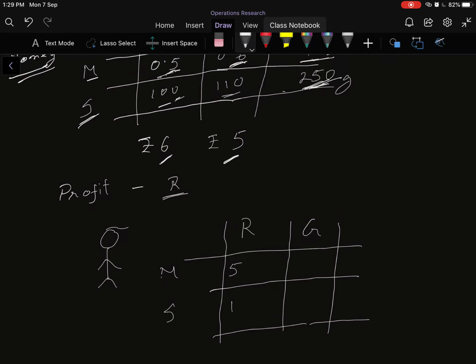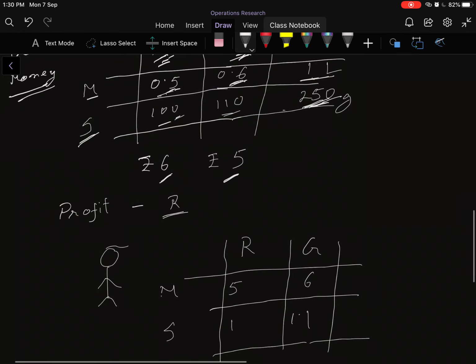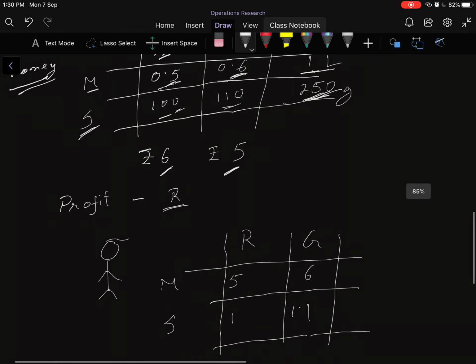Similarly, for producing 1 kg of gulab jamun, he requires 6 liters of milk and 1.1 kg of sugar. But now he has got more money, so he can buy, let's say, 20 liters of milk,